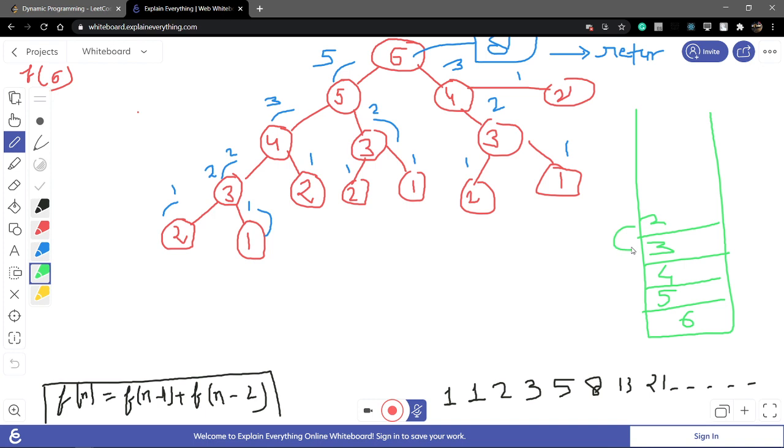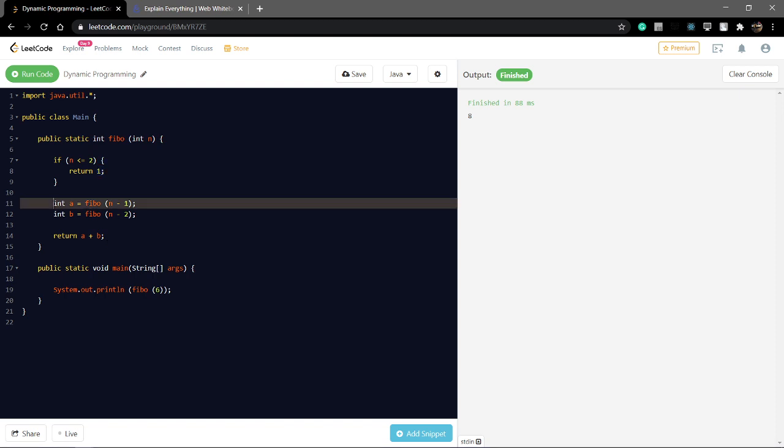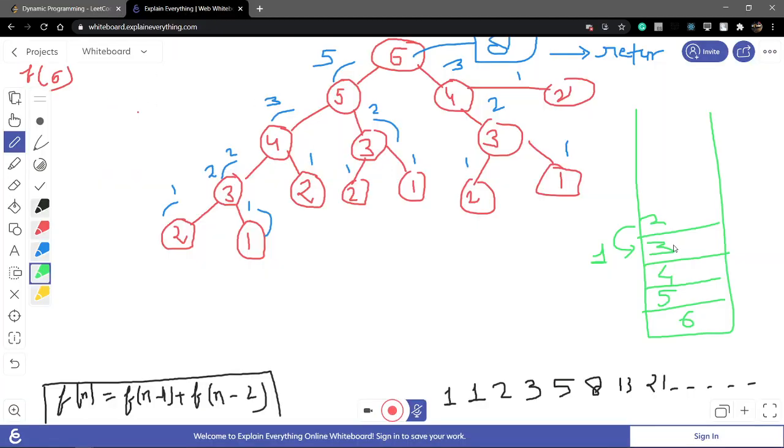This returns 1. Now we come back to the third element, and its first call is done. Now I move to the second call, that is f(n-2). It returns 1, and this is stored in a and this is stored in b, and they return the summation of these, which is 2.